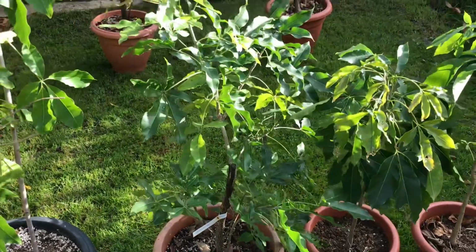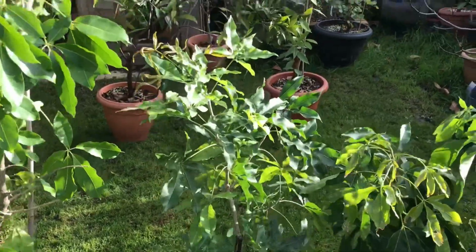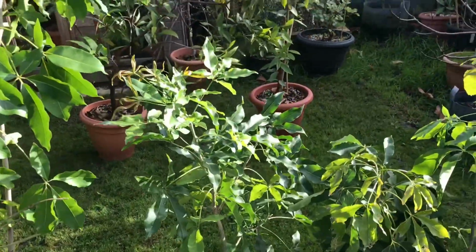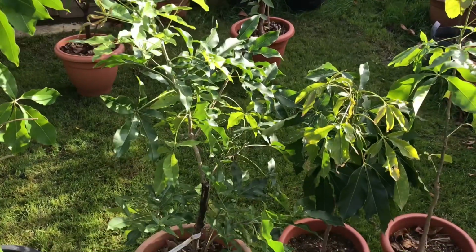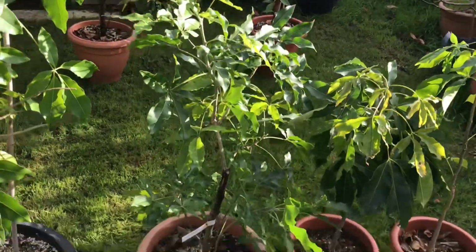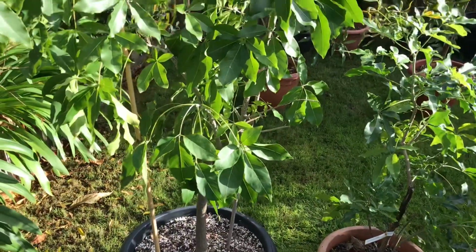So that's very exciting news for me, because I now know I've got the named variety, and I might therefore consider grafting a scion off the Wilson onto one of my seedlings at some stage. But it's not a bad size, and of course next to it I've got my grafted McDill,